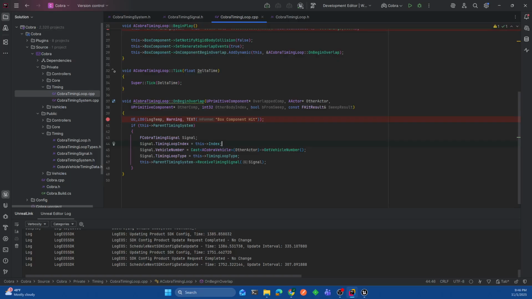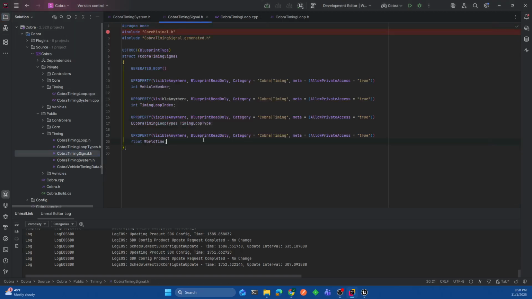Let me pause for a minute while I think about that. I need to think about exactly what that looks like. Okay, I think what I want to use here, and I could very easily be wrong about this, but I think what I want to use is